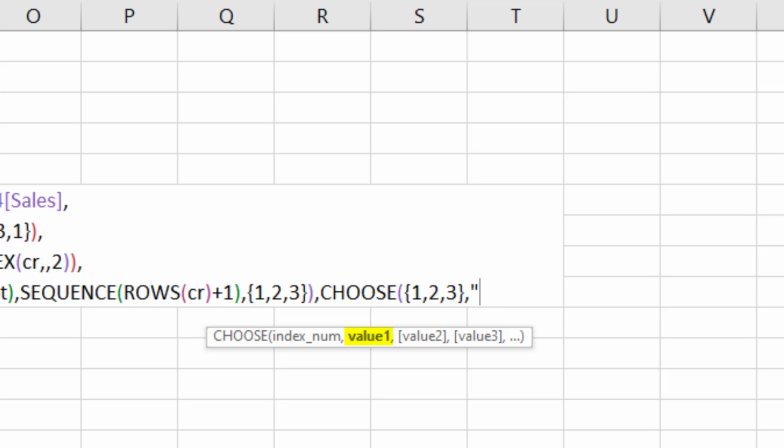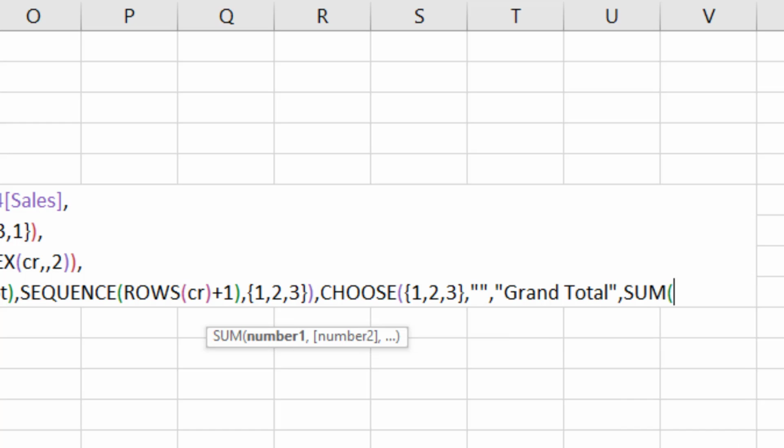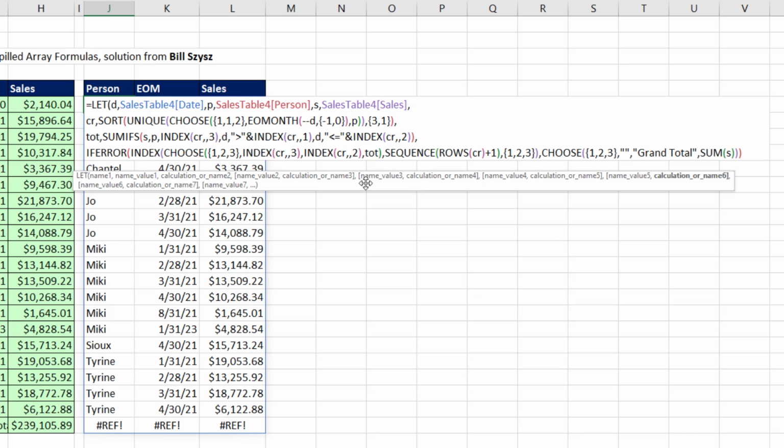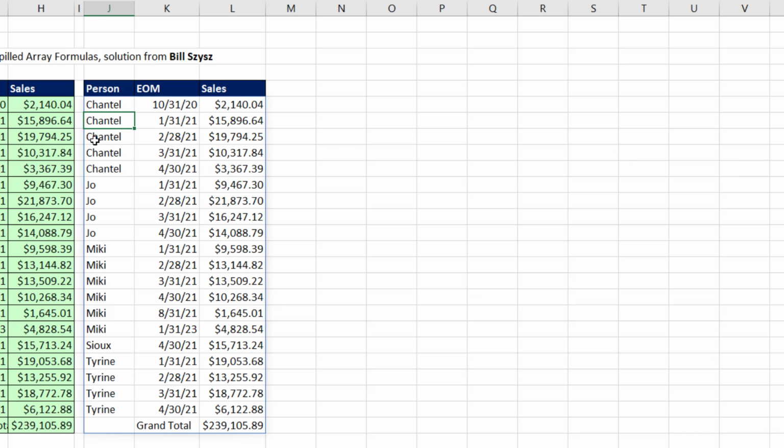And now for value, I don't want anything in that first column that's 1 cell. So I just put double quote, double quote. That's a 0 length text string that'll show nothing, comma. Value 2, we'll put the text grand total. And double quote, comma, value 3. Well, we'll use the sum function on the S variable. That's the full column. Close parentheses, close on choose. That little 3-cell row will appear at the bottom of the table. Now we close parentheses on if error, close parentheses on let, and there's our finished report, including the grand total